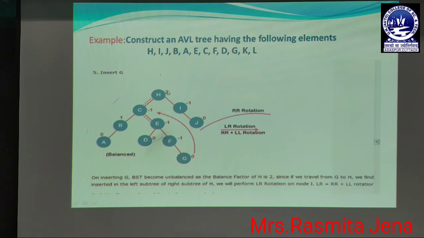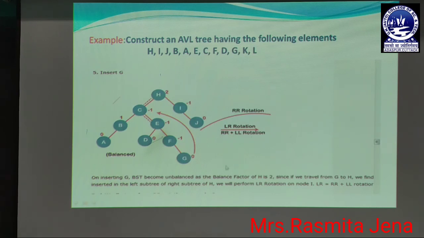valence factor of the node H, which was the root node, is +2 because the height of the left subtree of the node H is 1, 2, 3, 4 and right subtree height is 1, 2. So 4 minus 2, that is plus 2. So as we are getting plus 2 as the valence factor of the node H, we can see the tree is unbalanced. Okay, so in this case we will perform the RR rotation or LR rotation,